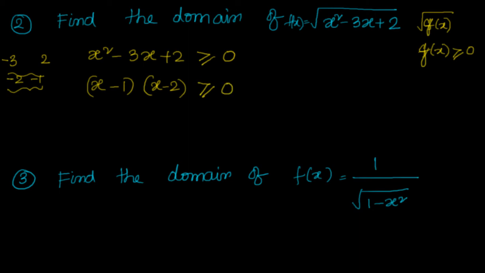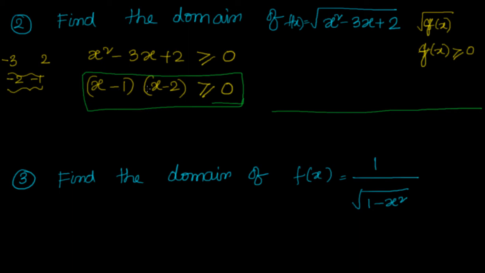Now we have to find out what are the values of x which will satisfy this condition, that x minus 1 into x minus 2 is greater than or equal to 0. Whenever I get this type of thing, I don't remember any formula. What I do is look at the boundaries. I have values 1 comma 2. So I will say this is 1 and this is 2. I check for values 1 and 2. If I check 1, this is equal to 0, so 1 is okay, good to go. If I check for 2, x minus 2 is 2 minus 2, 0, and this is satisfying equal to 0. So I am okay, good to go.